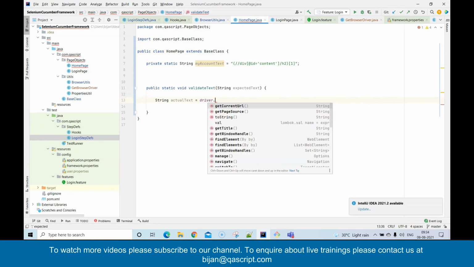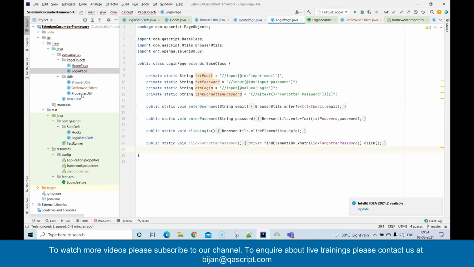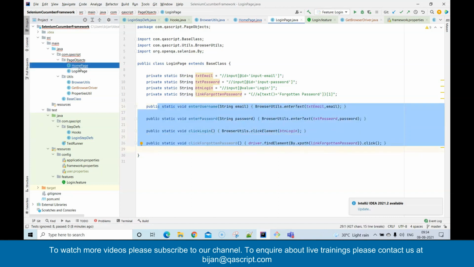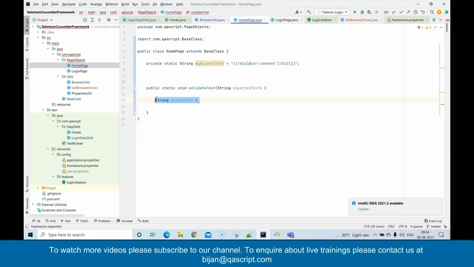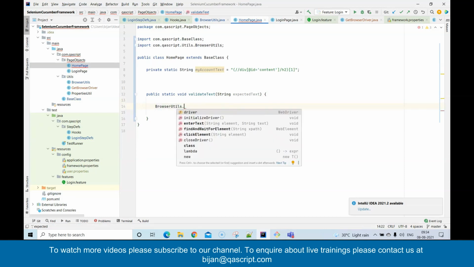Then we have our methods which we can use. Let's keep it consistent. We have another level of abstraction, right? So let's do that. We'll create it in the browser utils method. So we'll create a method called